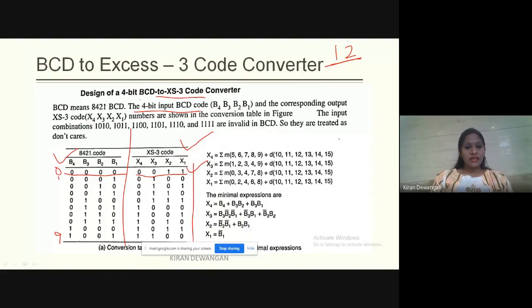Yes, for 1 it is 0 1 0 0. This is how we write for 1. This is our decimal 1. Clear? 0 is the code. 0 का कोड क्या है? 0011. 1 का कोड क्या है? 0100. And 2 का कोड क्या है? 0101. So it is 0 1 0 1. This is how we'll write the decimal 12 in XS3 code.